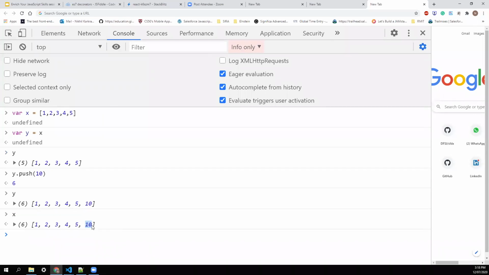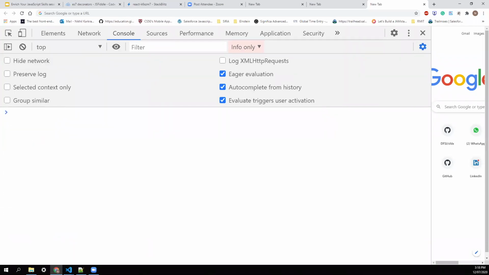And while copying one array or an object, you need to break that reference. Either you can go with a shallow copy, or if it's a nested structure, you need to go with a deep copy. So that's why we never use push, pop, and splice in modern JavaScript, since they introduced this spread operator.